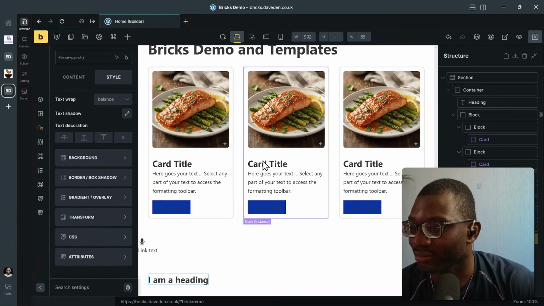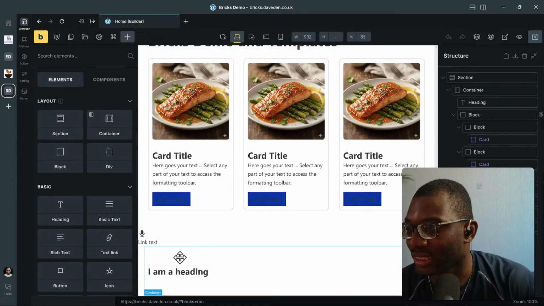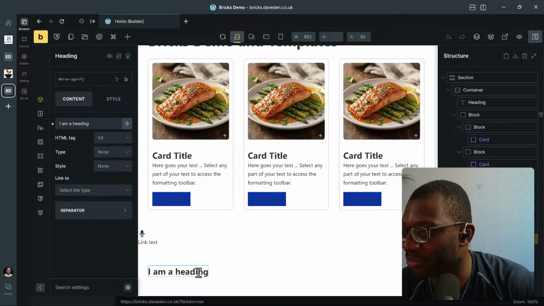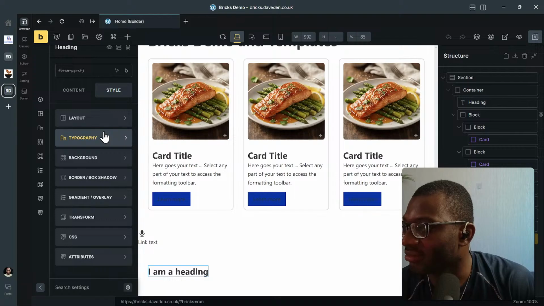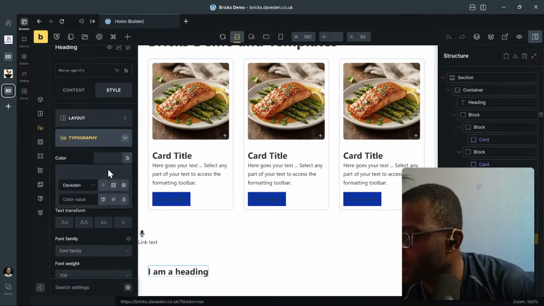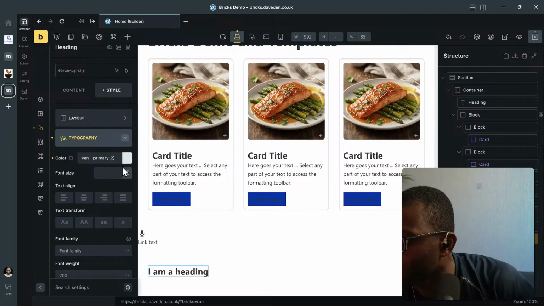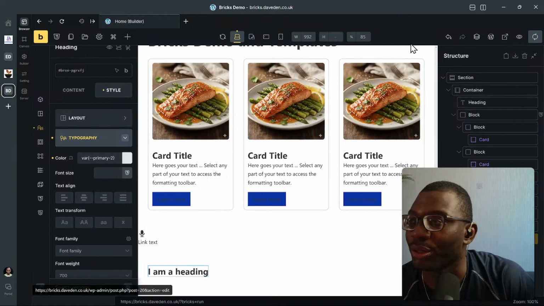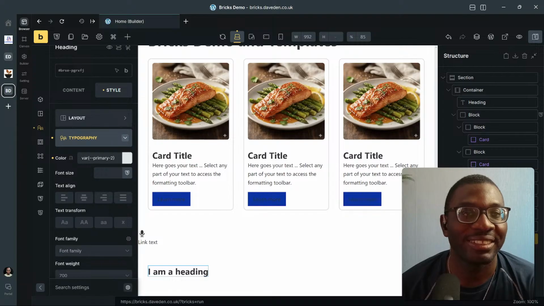Refresh. And I can now use my variable name here on my heading style under typography color. Switch to Daveden 2, and where is it? Yeah. And that's Daveden 2. Why is it not working? I keep forgetting how to use relative color. So let's see. Relative color from